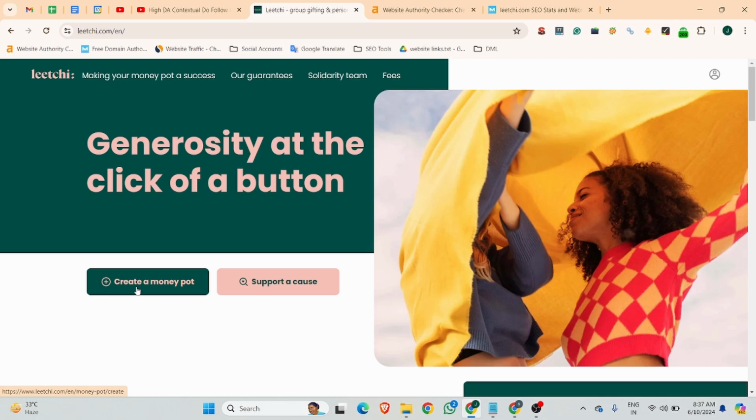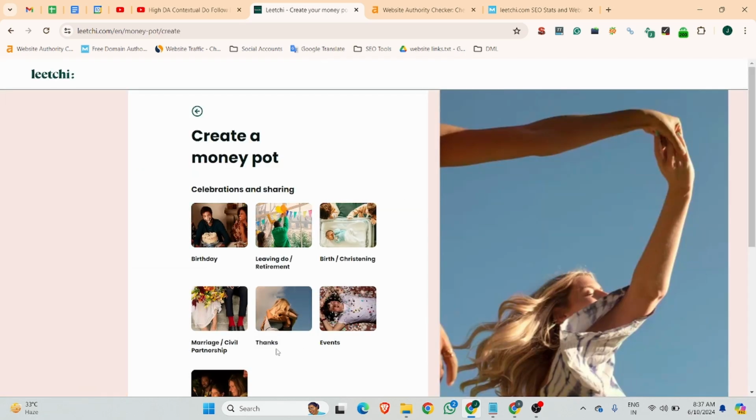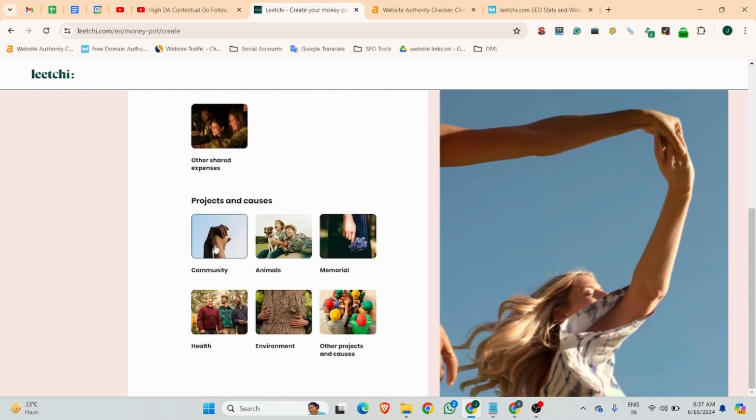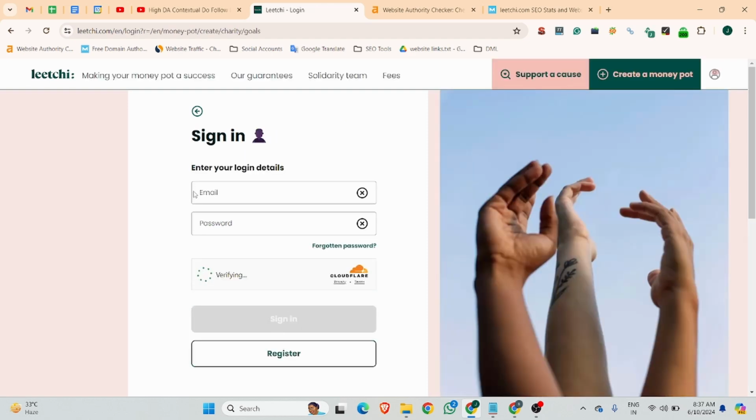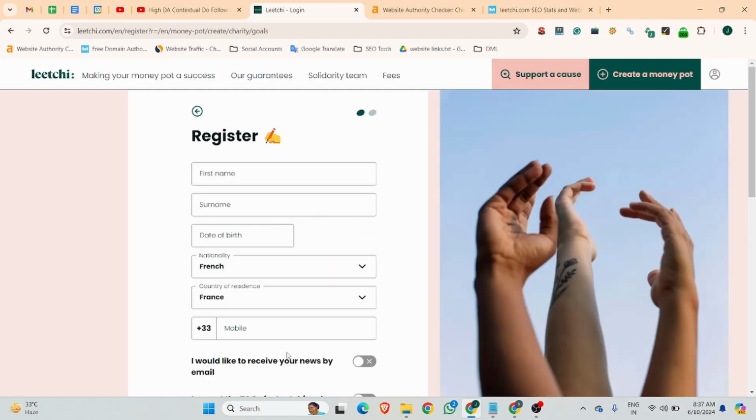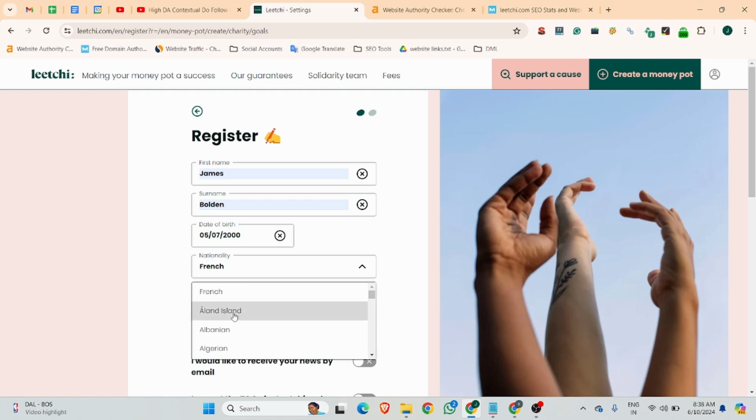Okay, so you can see there is a create a money post button. You can click there and select anything related to your industry, and there you can add your company or money post name. Suppose it is Jobma, and there you can add your company name again. Then click the register button: first name, last name, date of birth. Choose your nationality.